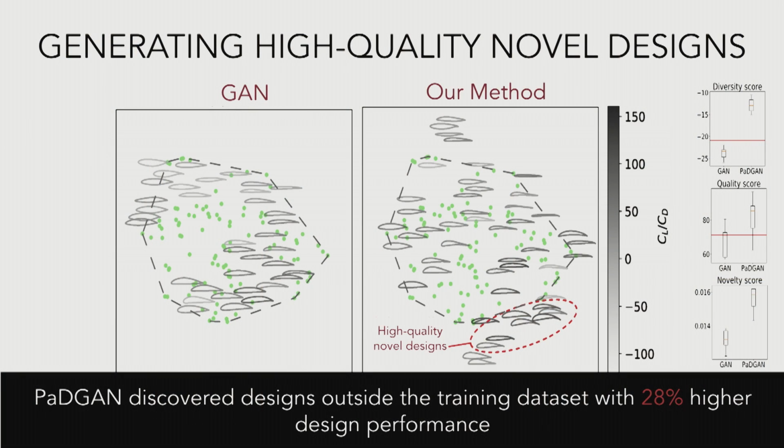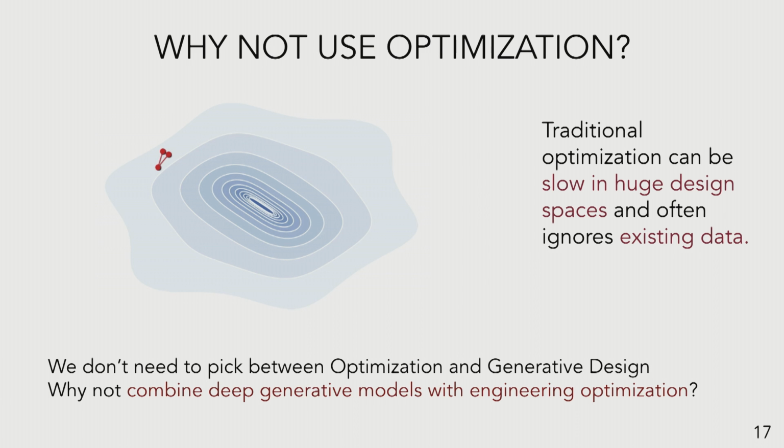So the envelope is what we were trained on. The green dots are what we were trained on. The model could find things just outside the design, but also the darker pattern shows that they were higher quality. In this case, about 28% higher quality on average. Very promising. But then people would ask, why do we want to use generative AI for something that has